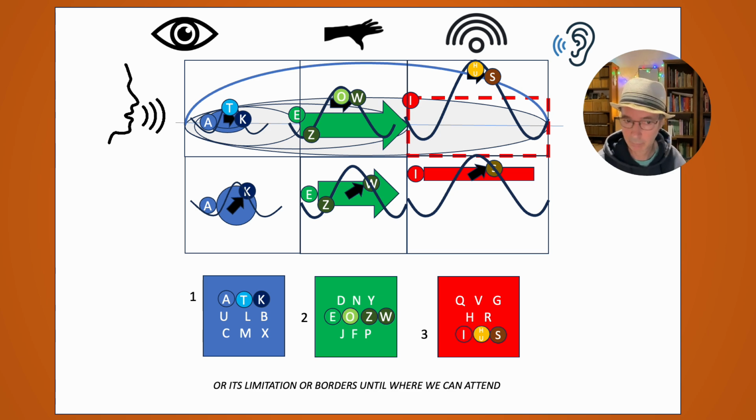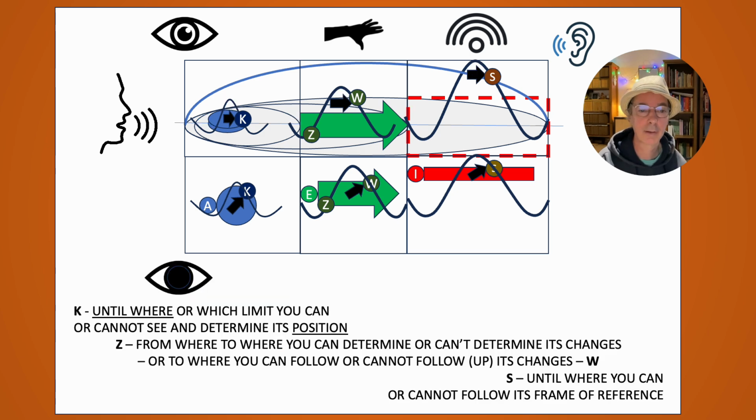Okay, it's the end of the border, until here I can see it. So there's also the point where I will not be able to see it anymore. The same in the time frame. The Z and the W are also there, from where you have the borders, and the S as well. You have the borders. So I will explain them a little bit.